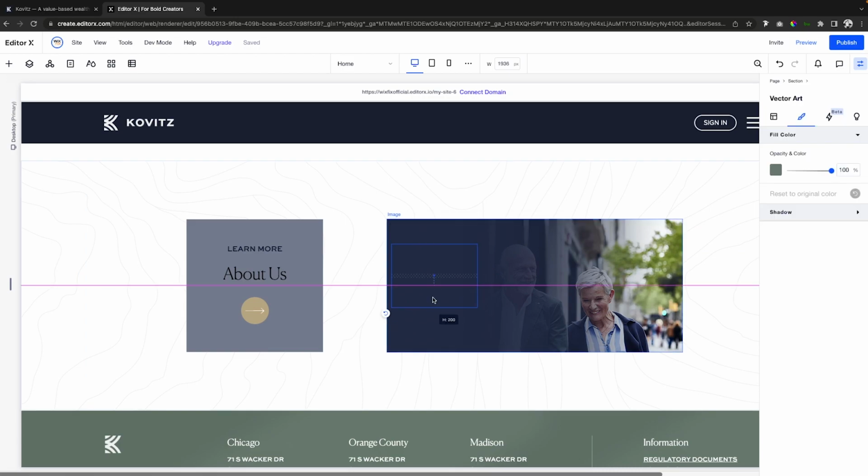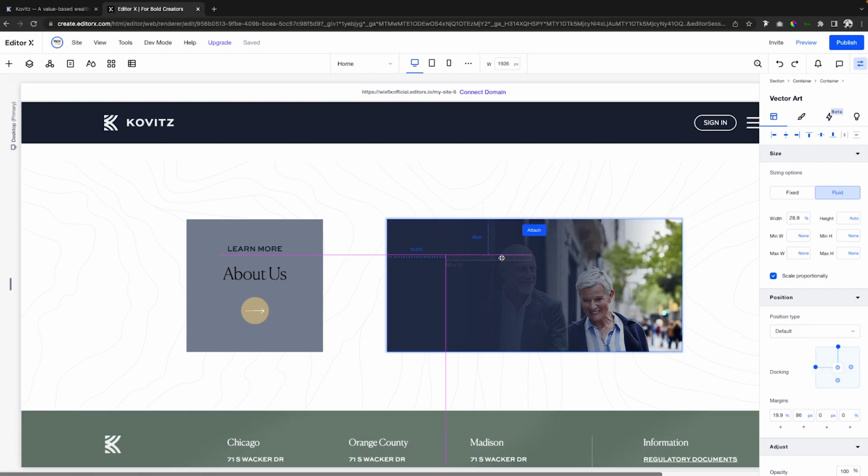Now once again, we'll bring up the height just like that. We'll make sure that we are attaching it inside of this container. Then we'll go ahead and set it to 100%. We'll align it to the bottom left, just like that. And the last thing we'll need to do here is add the text. So let's go ahead and just add